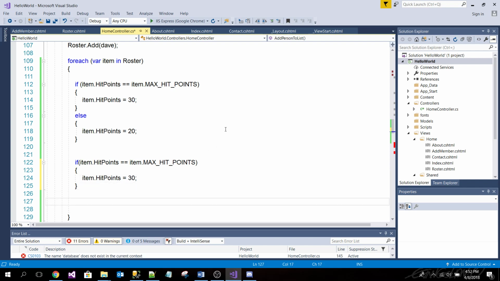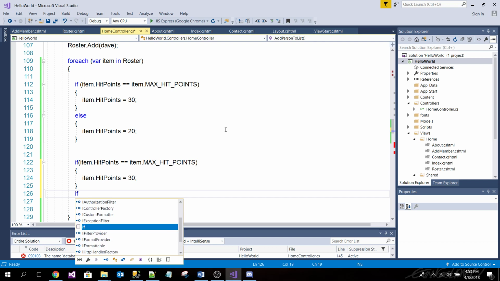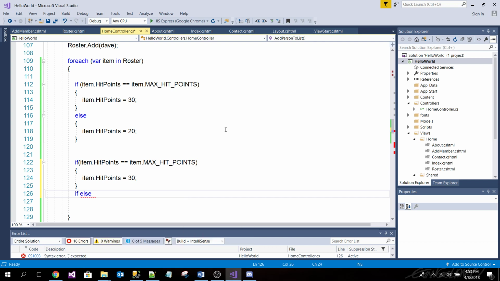Now let's add another. So we got if. So if it's 20, we're going to set the hit points to 30. So now else if item dot hit points, let's say higher than item dot max hit points.